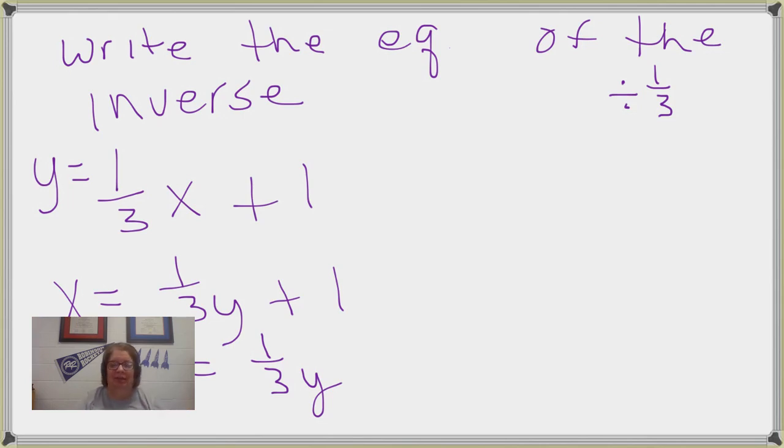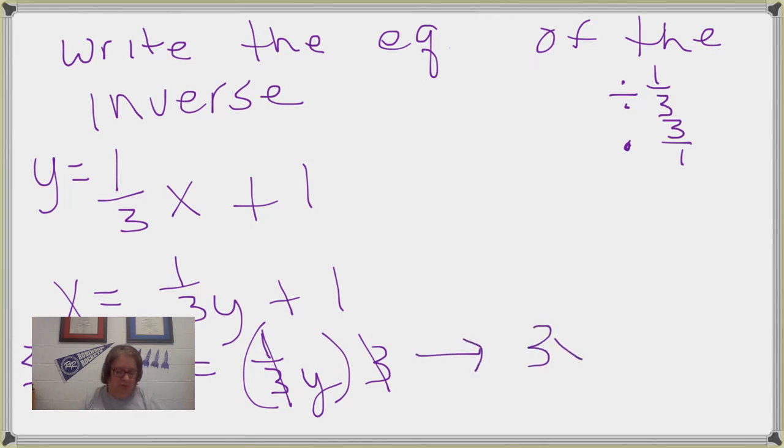You guys shortened it to keep, change, flip. When we divide by a fraction, we change this to multiply and we flip this over. So dividing by 1/3 is the same as multiply by 3. When we multiply this by 3, that's going to cancel out. But if I multiply this side by 3, what do I have to do to this side? Also multiply by 3. So now I have 3x minus 3